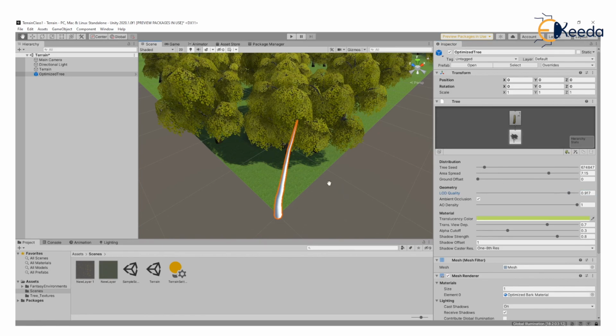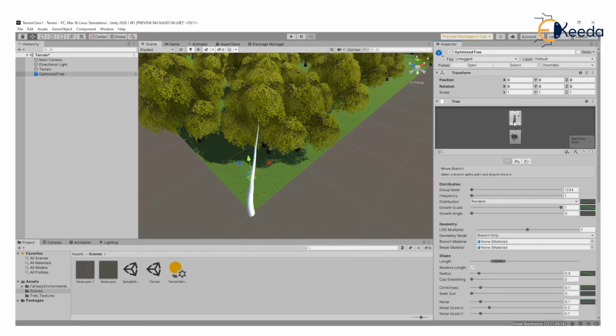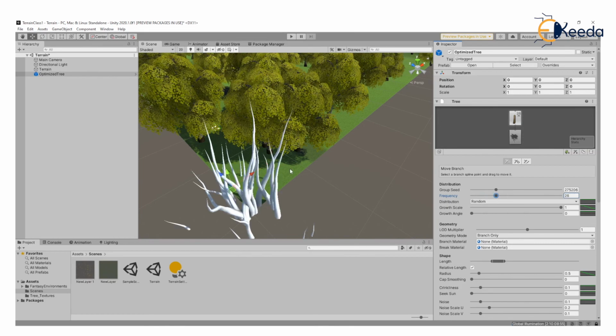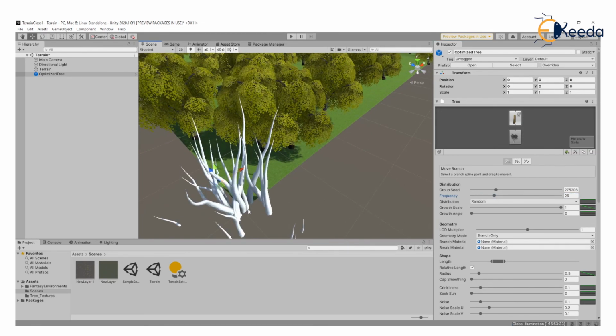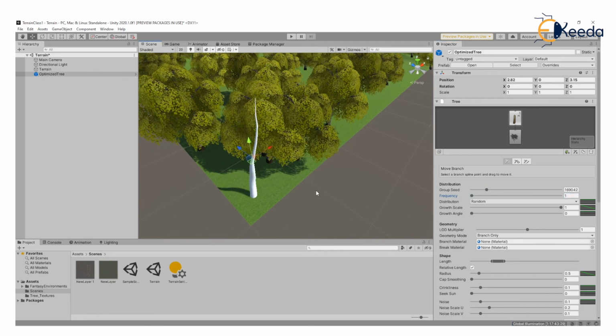Next, we create a tree. Next, what we do is we have this option there. So now I've selected the branch option. I'll use seeds. So again, it shows me various combinations of it. I'll choose the frequency. So it will show me the number of trees that are there on the terrain. So the more frequency, the more number of trees I can see over there. For now, I just reduce the group to a bit lower. I'm just interested in creating only a single tree for now.